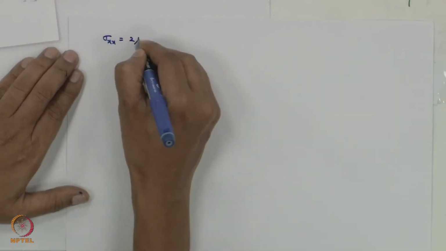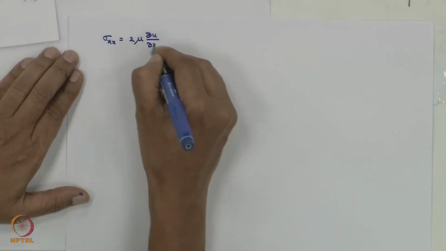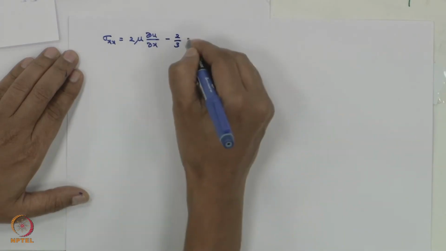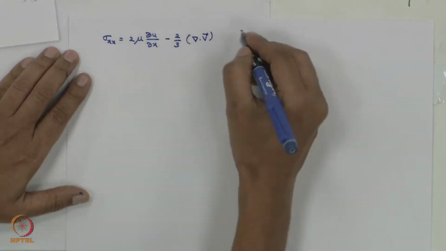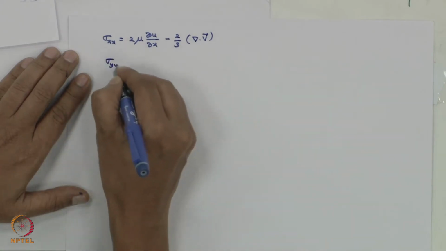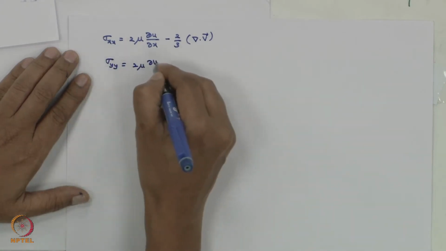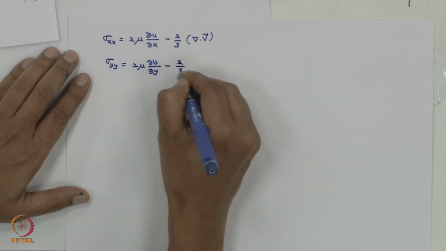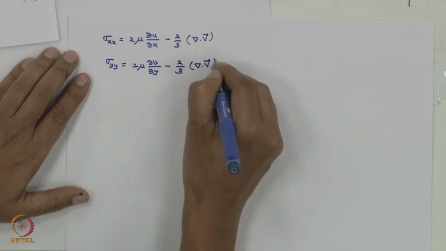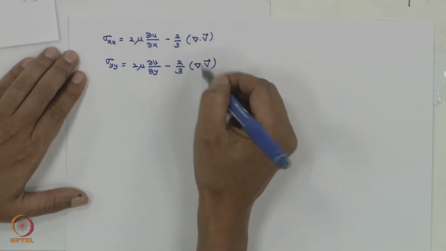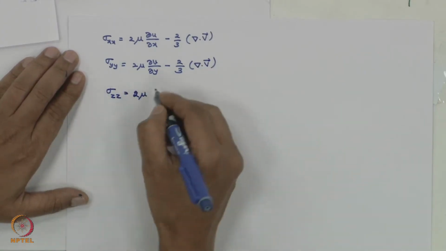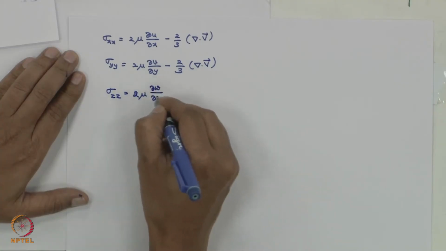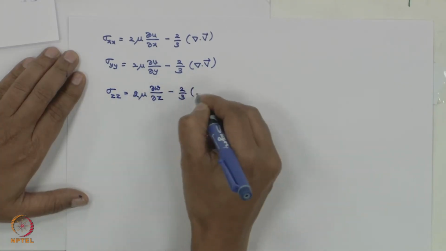That is sigma xx equal to 2 mu del u by del x minus 2 by 3 del dot v, and sigma yy equal to 2 mu del v by del y minus 2 by 3 del dot v. All constitutive equations I am writing, I may be using only few of them, but we are going to derive in the next few modules. Sigma zz equal to 2 mu del w by del z minus 2 by 3 del dot v,